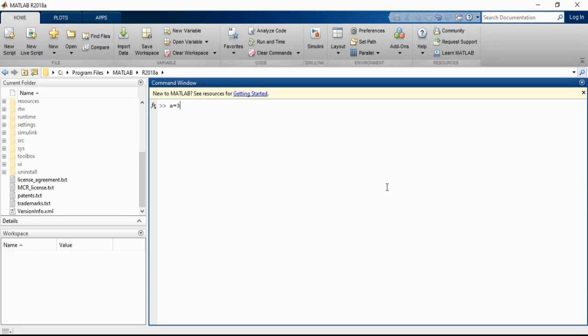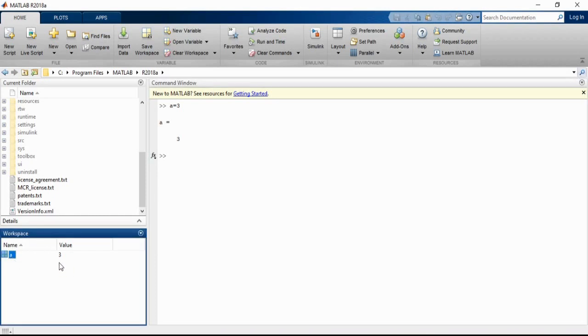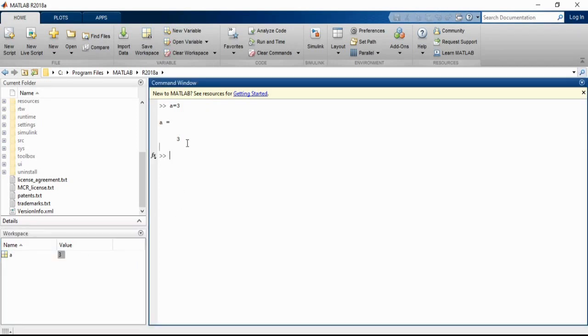The result will be shown in the command window itself, and whatever variables you define in the command window will be reflected in the workspace here. You can see the variable and the data stored in it. Here the data is 3, stored in the variable named a.